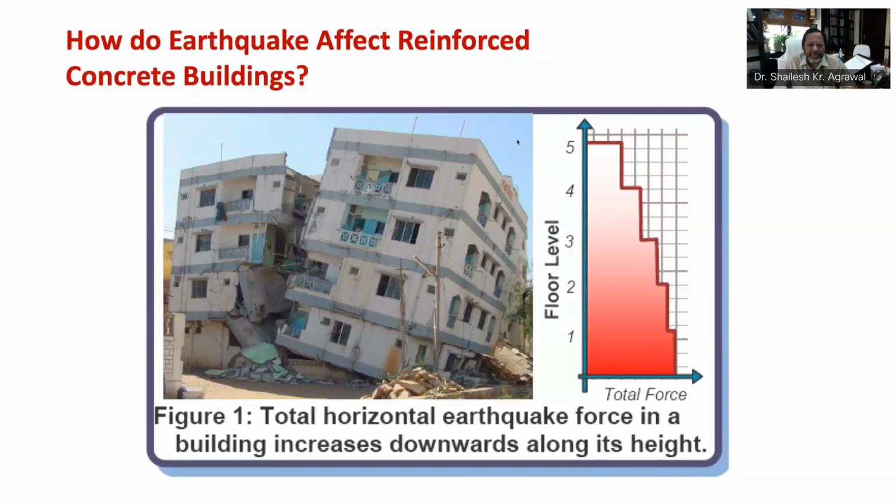These RCC buildings consist of two primary materials. One is concrete and the other is steel or reinforcement. Concrete is a mixture of cement, sand, and crushed stone or aggregates with a predetermined amount of water. Concrete can be molded into any desired shape, and steel bars can also be bent into any shape, and therefore structures of complex shapes are possible with reinforced cement concrete, and that is why this is the most popular construction system